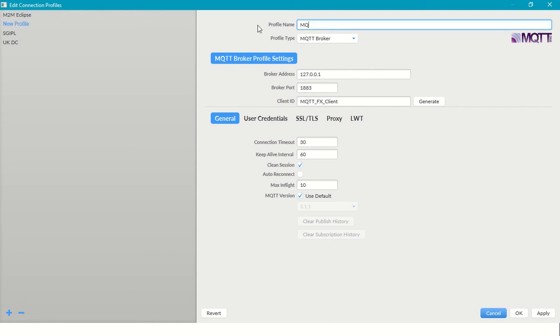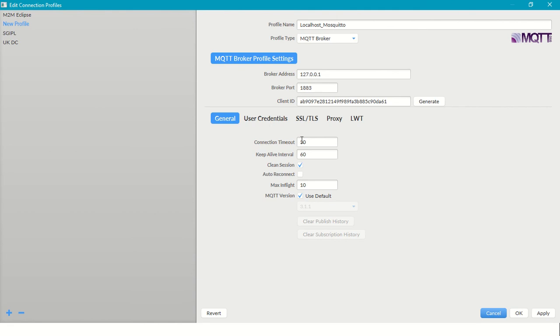So I will type localhost. It's an MQTT broker. Since it is a localhost, I can mention it like 127.0.0.1, or if your localhost has a specific IP, I can mention that IP as well. I'm leaving the ports as default, and then the client ID. The client ID is basically a name we assign for our clients specifically for this tool. I can give my own client ID, or if I want, I can generate one here.